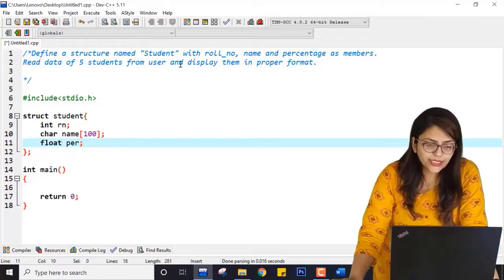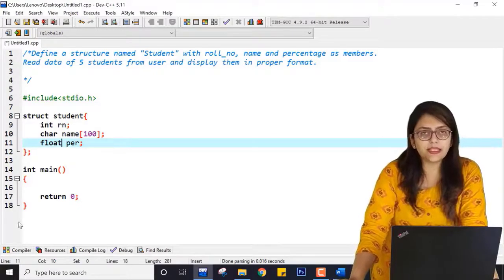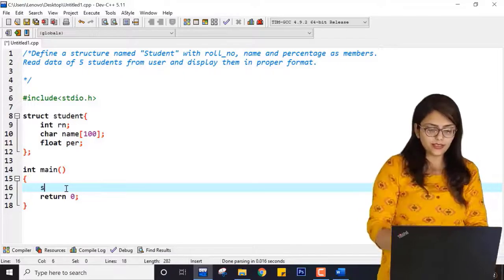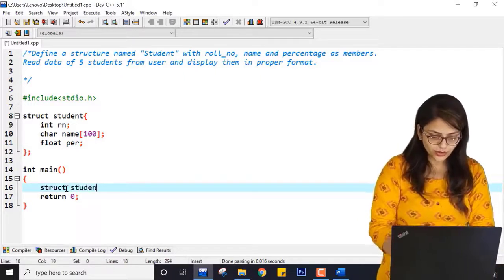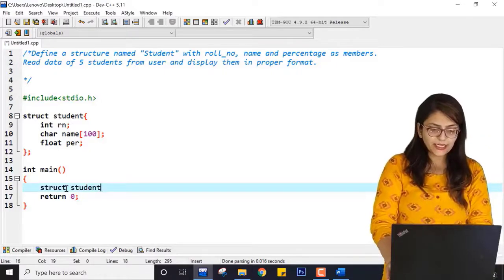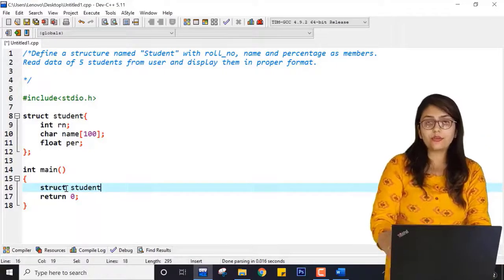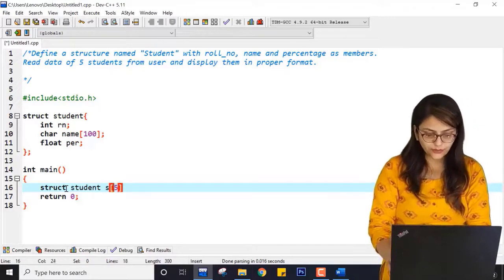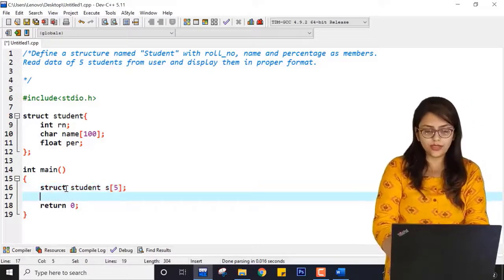As members, read data of 5 students from user and display them in proper format. So now we just need to enter this data. So I am creating struct student, but I need to enter data of 5 students. So that's why I have to take array of 5 structure student.